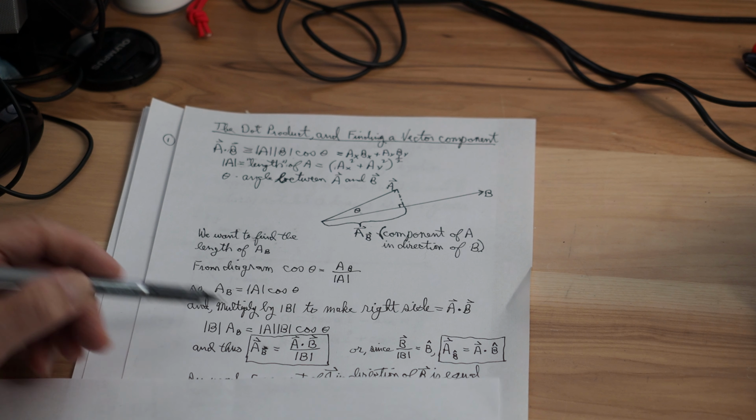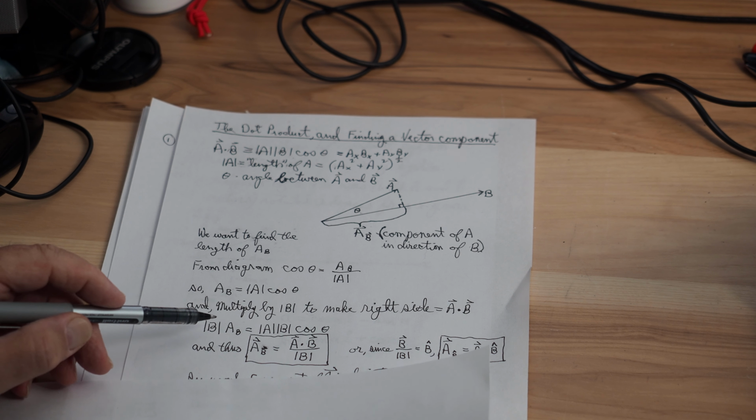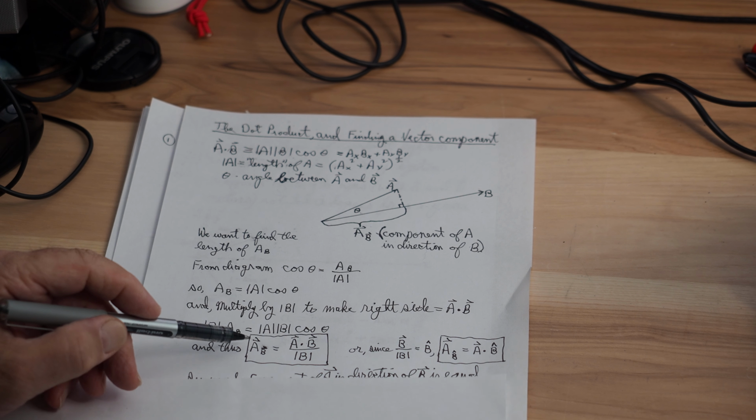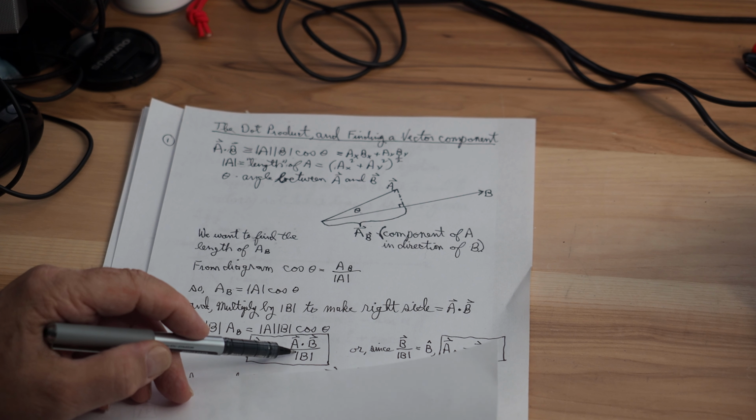And if we substitute in the dot product and solve for the component we want, then we get the result. The component we want is the dot product of A and B divided by the length of